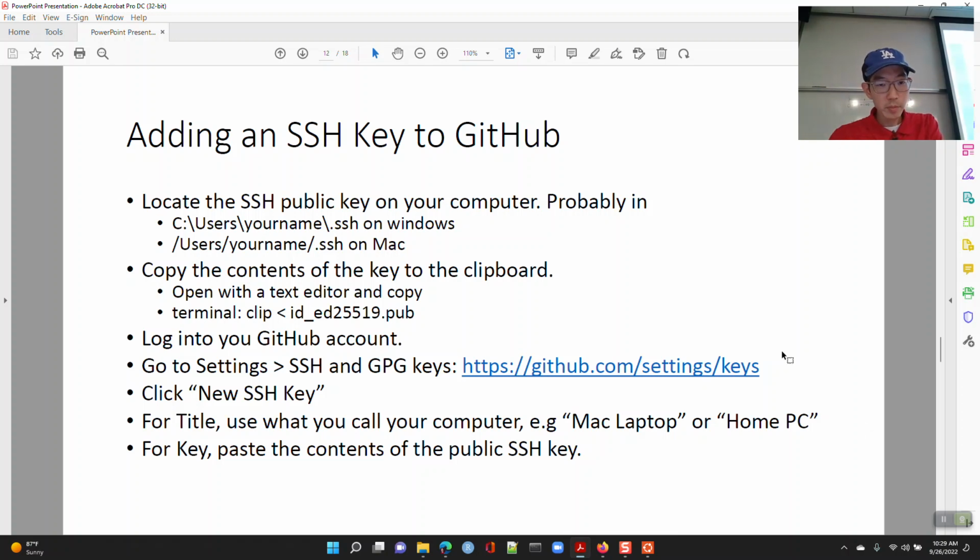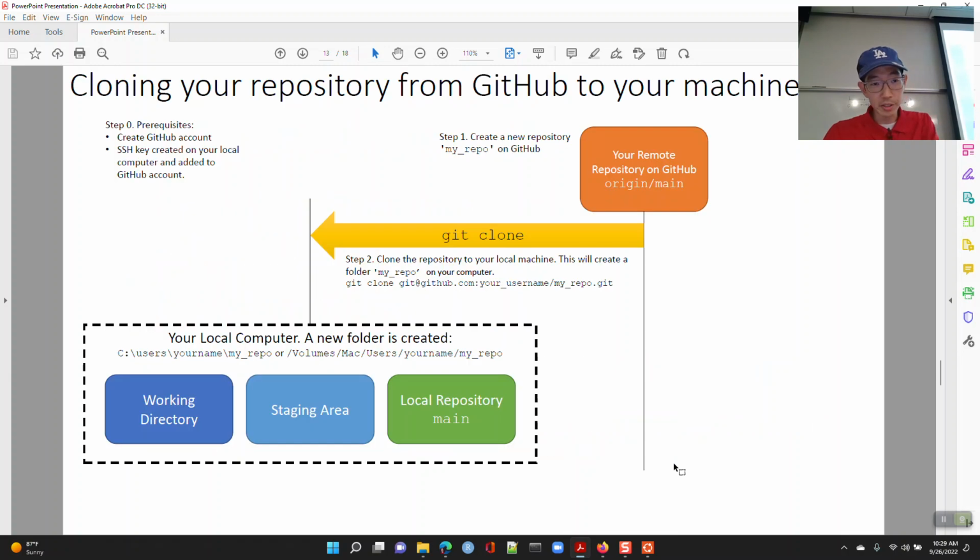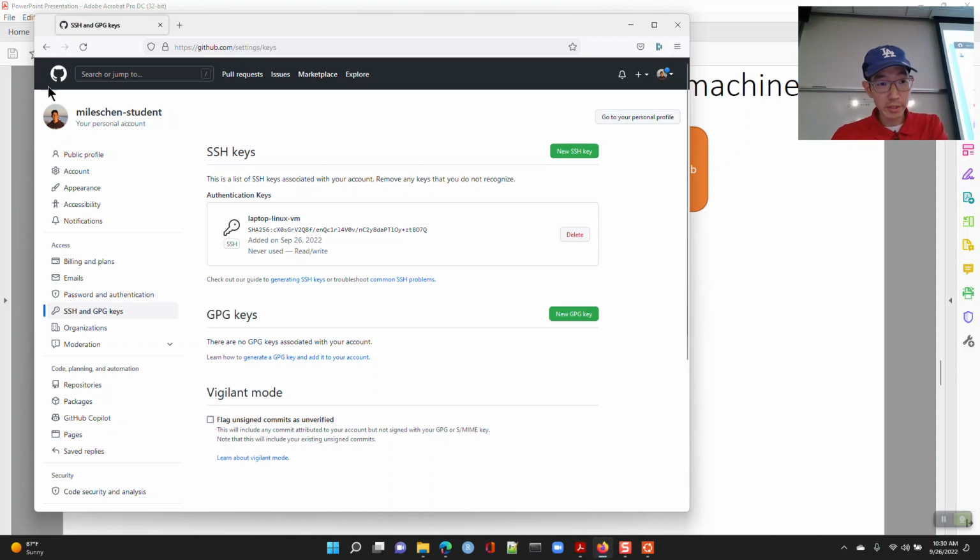Okay, so this is kind of, I guess, instructions on how to do that. All right, so now let's go ahead and create a repository. So I'm going to go back to GitHub,